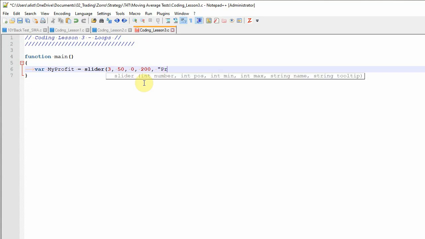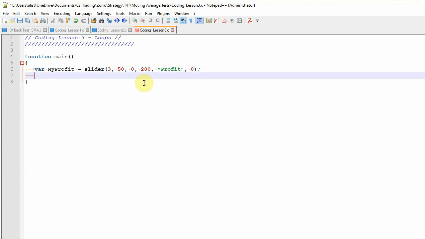We're going to call it profit, and we're going to set the tooltip to 0. Don't worry about that too much for now. That's false. And we're going to use an if statement. If statements are really questions that the code can ask. So what we can do here is say, if my profit,